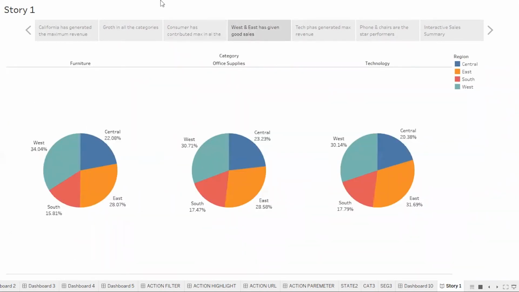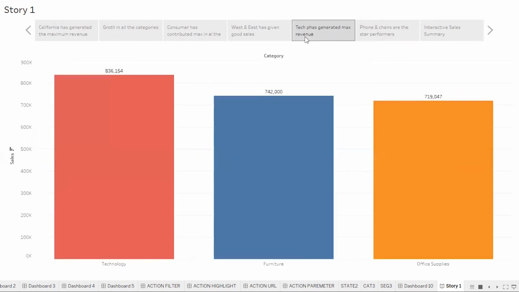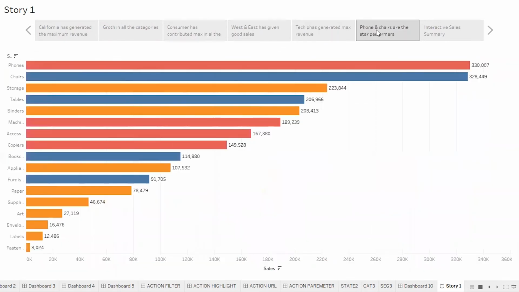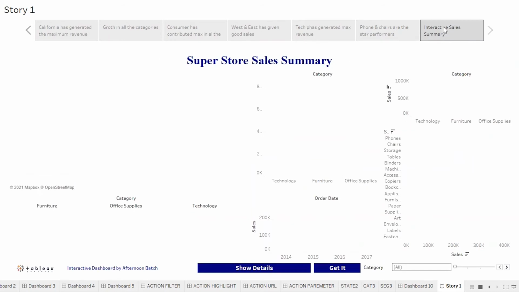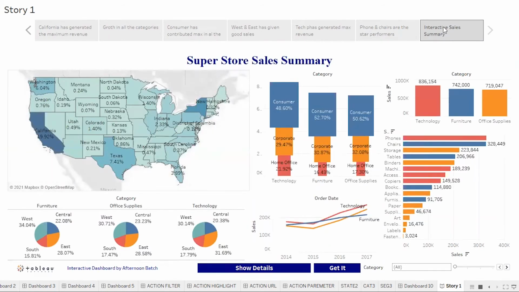The maximum contribution of the sales is coming from the western and the eastern region. Technology has generated the maximum sales, and phones and chairs have given us the maximum revenue, leaving the rest far behind. And here is an interactive summary which shows state wise, category wise, subcategory wise, segment wise, year wise, and region wise sales.